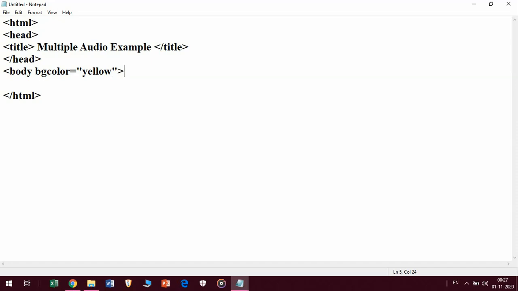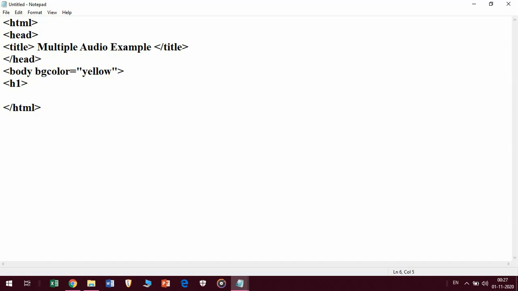This is optional. If you don't add the BG color, the program will still work. I just want our program to look more presentable.